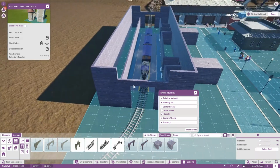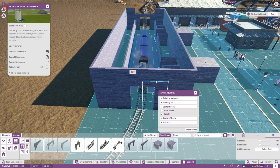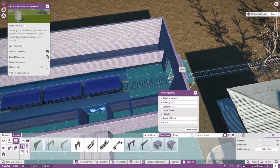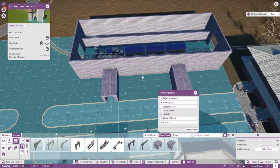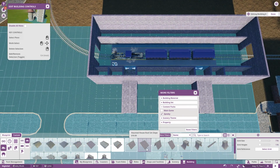All right, and lastly, it's just a matter of adding some pieces over here to wrap up this building, like that. And lastly, like that. And there we go. So it's not going to be a purple building. I don't know why I left it purple. It's going to give me a lot more work, but that's okay. And now it's just a matter of closing things up. So let's go ahead and roof it up with...